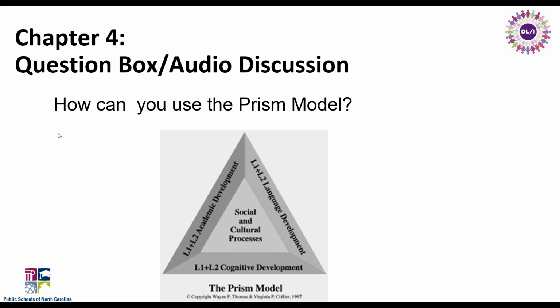Can you hear me? Yes. So for me, it's trying to make sure that all aspects of the PRISM model, all aspects of learning and acquisition, are happening in the student. Making sure the academic development is there, but also the social and cultural aspects of the student. How are they dealing socially and culturally with their biculturalism? How is their L1 being developed? How are parents getting involved at home? Are those discussions happening? What is the cognitive development that is happening at home,